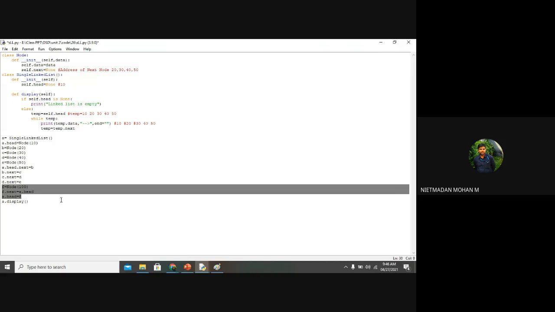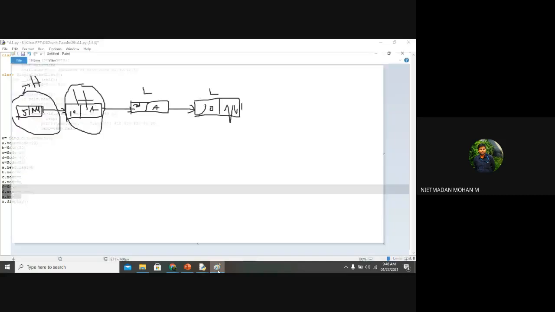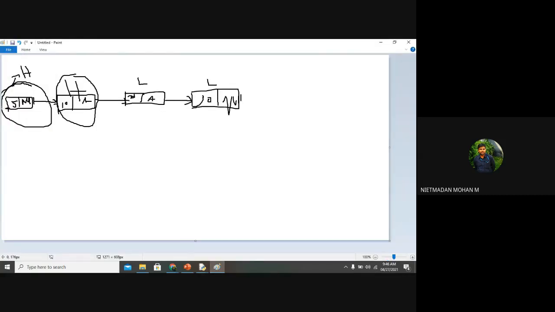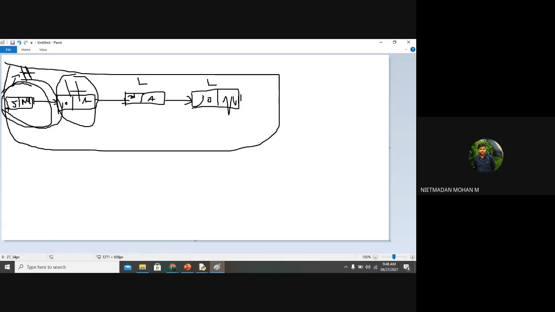So first we have created a linked list with a number of nodes, and after that we are inserting one node at the beginning of the linked list. So this is the thing. If you are going to add a node at the beginning, whatever node you are adding will be represented as the head node for all the particular nodes stored in that list. So this will be represented as the head node.